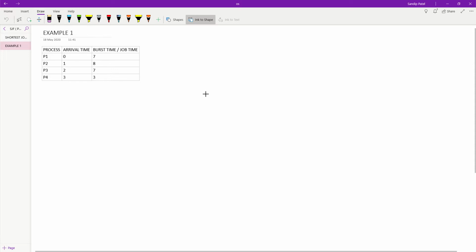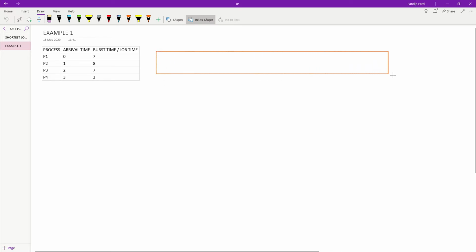So that is preemption: swapping out the running process, stopping it and entering the new process, and swapping out again if the currently running process has more job timing than a newly arrived process, this way. So we'll start drawing the Gantt chart, as we do in each and every algorithm.